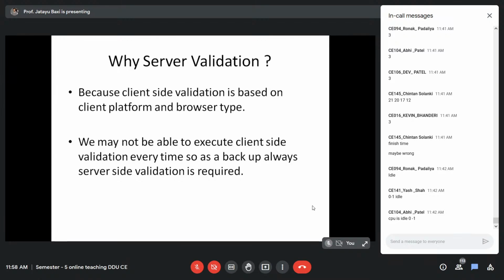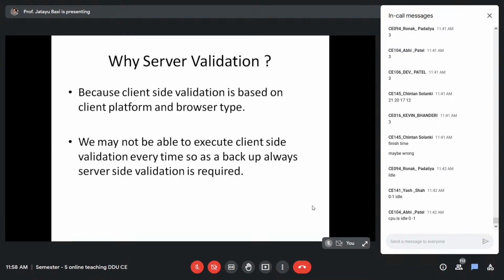As I discussed, client side validation is based on the client platform and browser type, and the user may be able to disable the client side validation also. That is why server side validation is compulsory, and it should always be there as a backup even though you have done the client side validation. Okay.